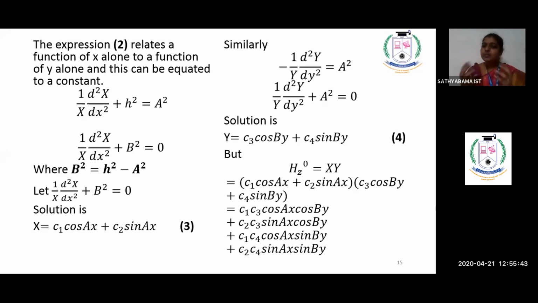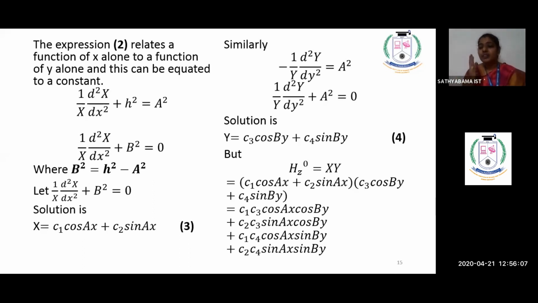Now when you substitute and expand the equation, you will get what we have written in the slide on the right hand side. Okay, so now what is the thing? You have four constants now. What are the four constants? C1, C2, C3, C4. So what is the aim for you now? You have to find the values of the four constants, substitute them in this equation, and reduce it.